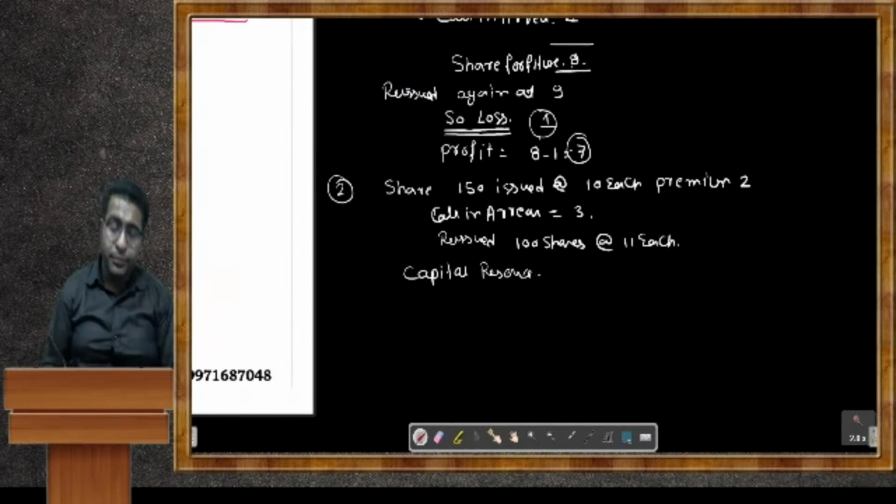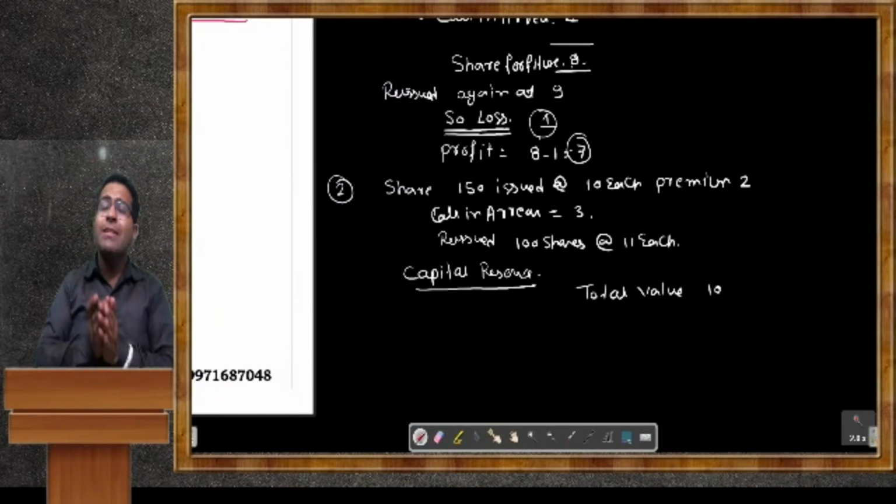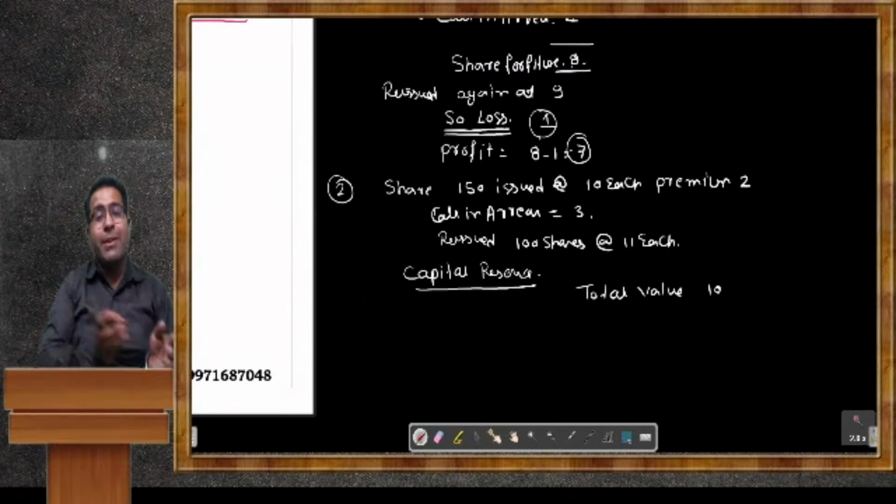Just look at it and listen very, very carefully. Total value 10. In this, we don't have to include premium, because the premium is received, so no need to add premium. Here deduct the call in arrears